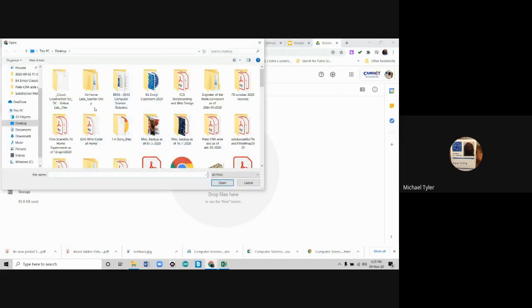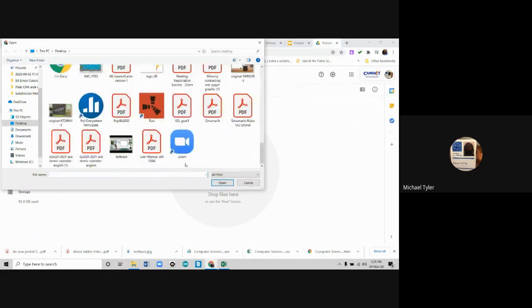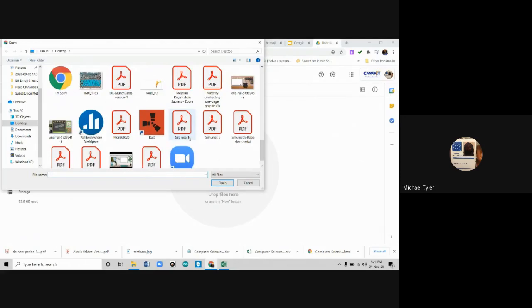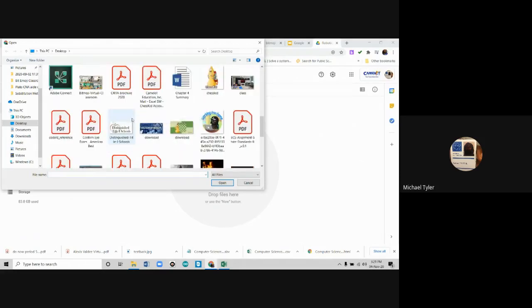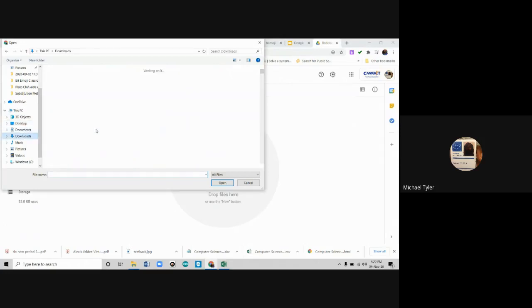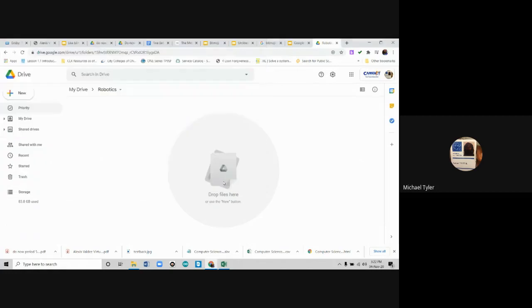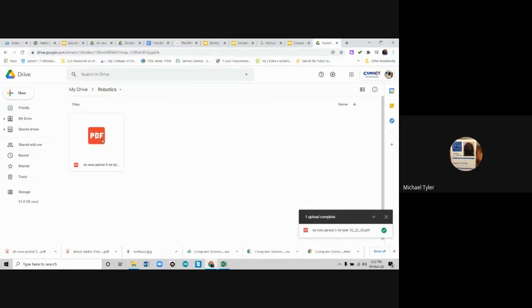Where's that file at? It was called do now period 5. Come down. We're looking for do now period 5. Do I see it in here or is that in my downloads? So I think it went to my downloads. Let's come to downloads and see, and there it is. Now I can click on this and it'll go. And once you do that and it's on your Google Drive, you can right click on it